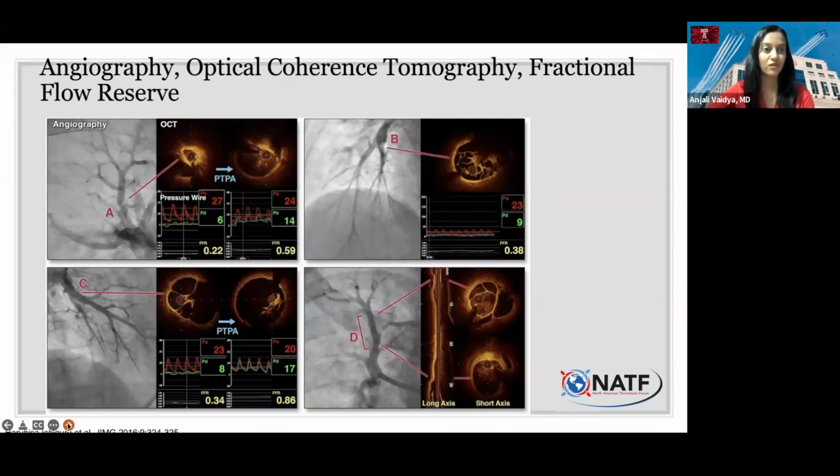Finally, this is just the last example of pulmonary angiography, which we won't get into too much detail, but just to show that in addition to those angiograms, which are the X-ray-like pictures, next to that, you can see these bright colored combination of advanced techniques that we often will use in the cath lab: optical coherence tomography, fractional flow reserve. So more advanced ways of imaging those blood vessels, as well as measuring pressures across each narrowing. And that can often be part of our diagnostic assessment to help guide therapy, not just surgery, which is a big part of the treatment, but also something called balloon pulmonary angioplasty.